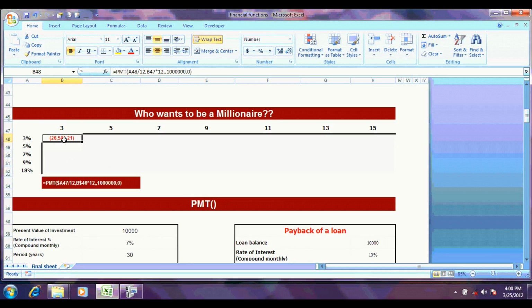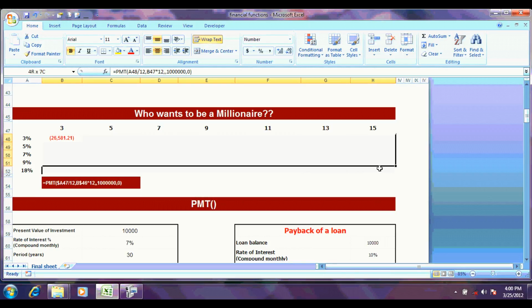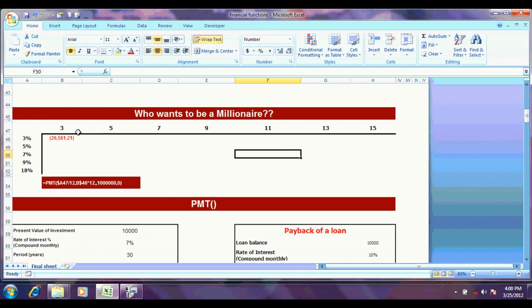Press enter. So we got the value over here. Now I want to give referencing to A48 and B47 in such a way that I can easily drag it here and drag it down, and it will complete the full matrix for me. Okay, for that what we'll do,